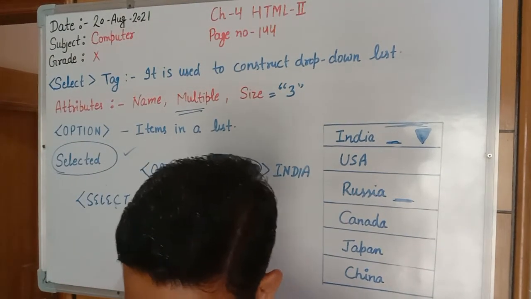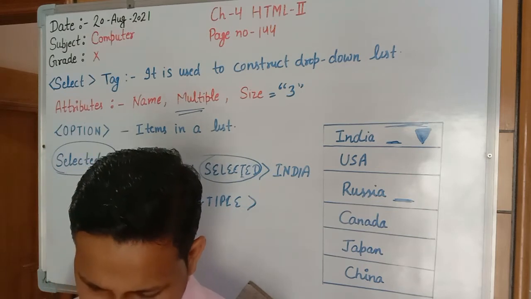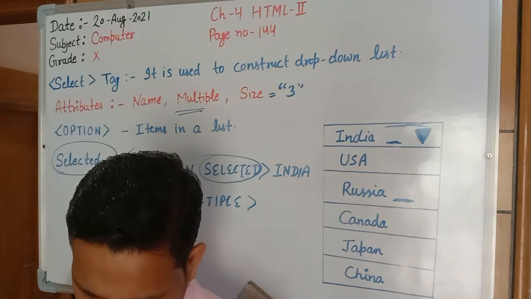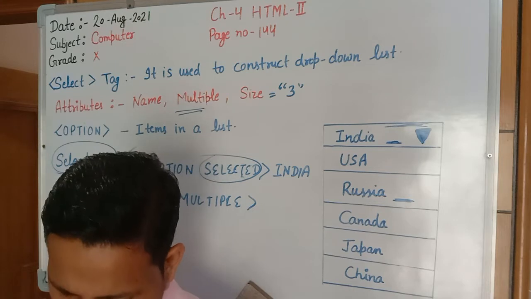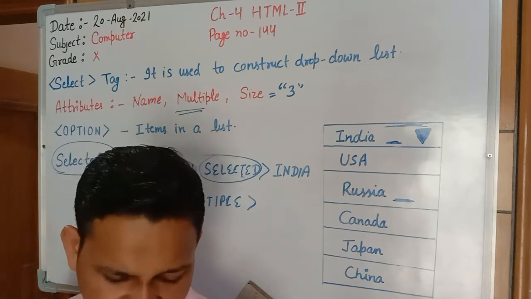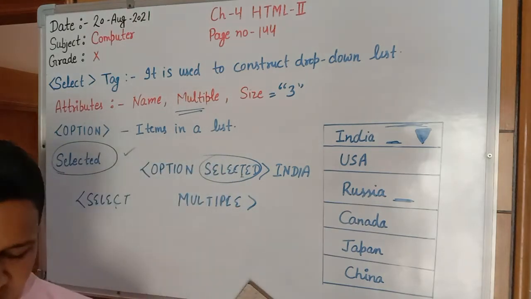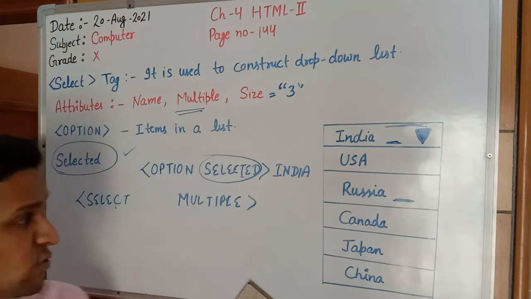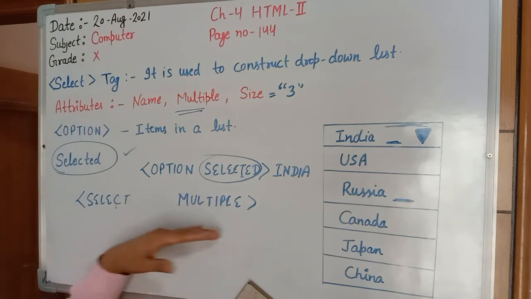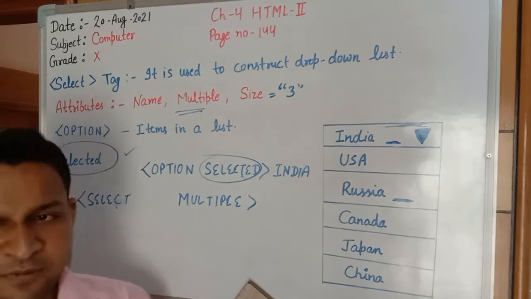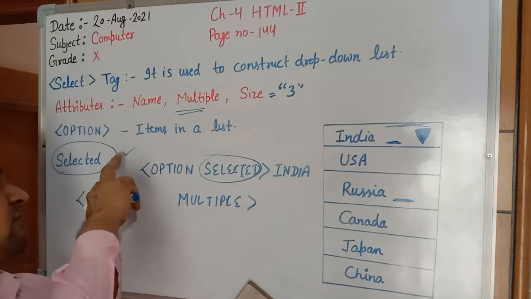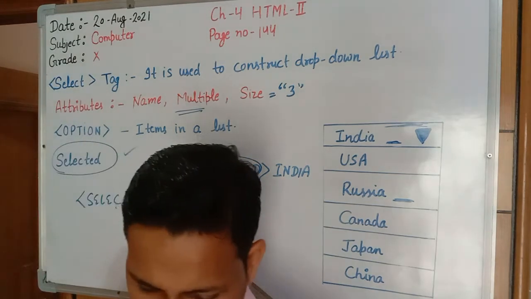In option, first item that is selected is red, next is green, blue, next item selected is purple. Now see the output on the screen. Red and purple are selected, rest items are unselected. If we use the multiple keyword, it will help to select multiple items. So we can use the selected word multiple times in a program.